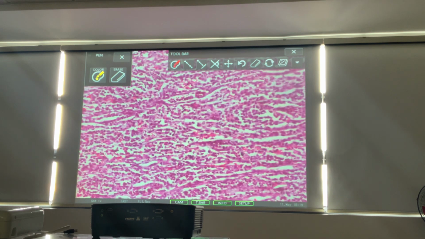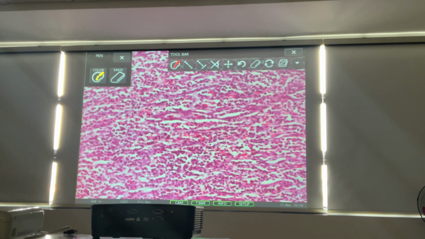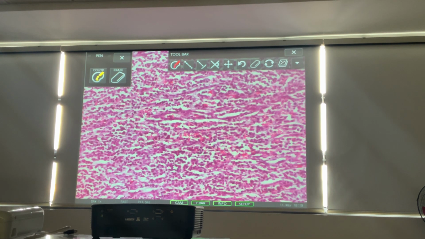You would also see that in any form of inflammation or any form of infection, as part of the response of the tissue, there will always be vascular congestion, because of increased blood flow to the area of inflammation to bring more inflammatory cells. So you would also notice that the congested